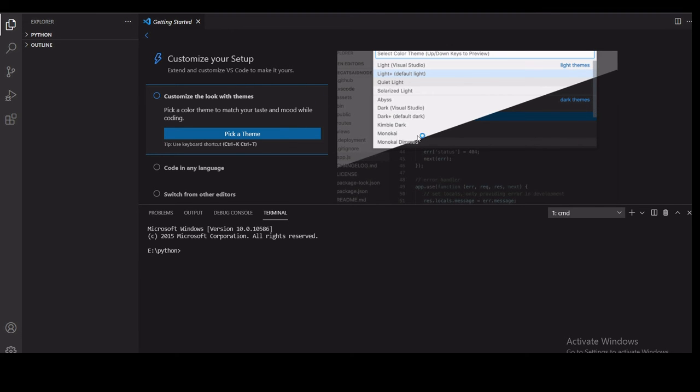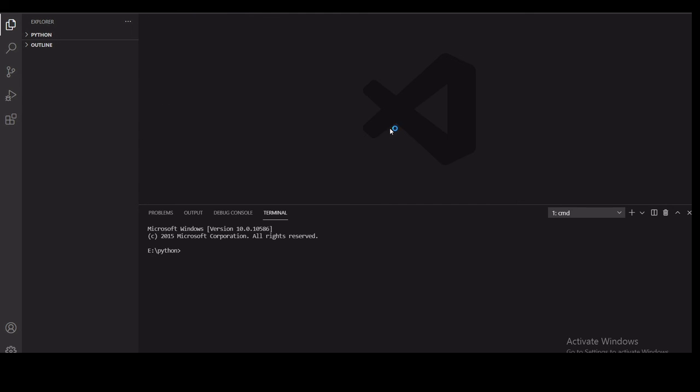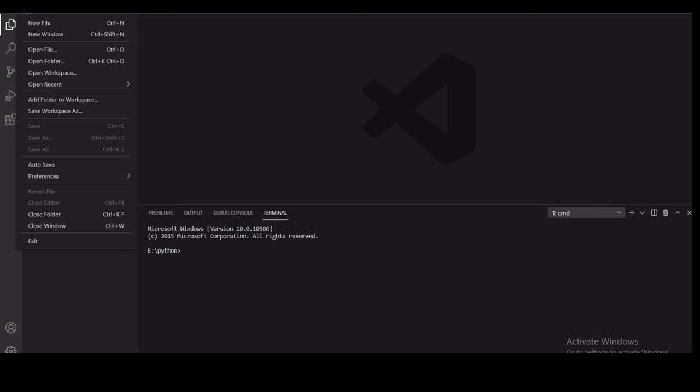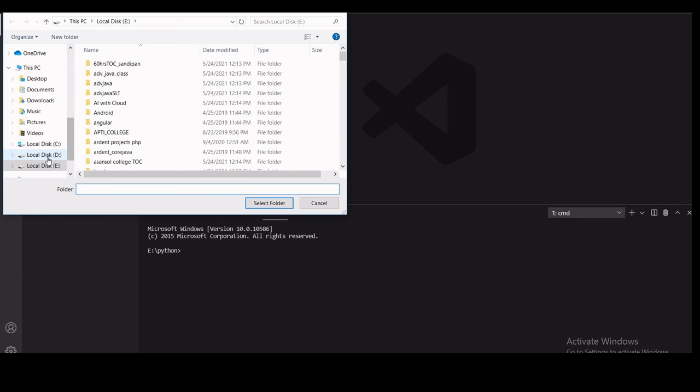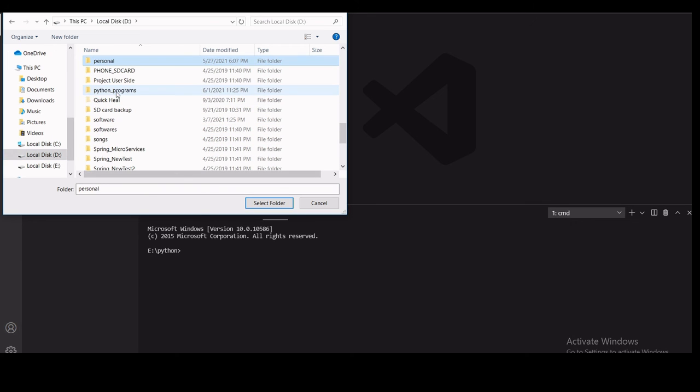Now some welcome page like this will open. You can close these things. After that, first of all, you have to go to File, click on Open Folder, and choose the folder where you want to save your programs. In my case, I have a folder called Python program.